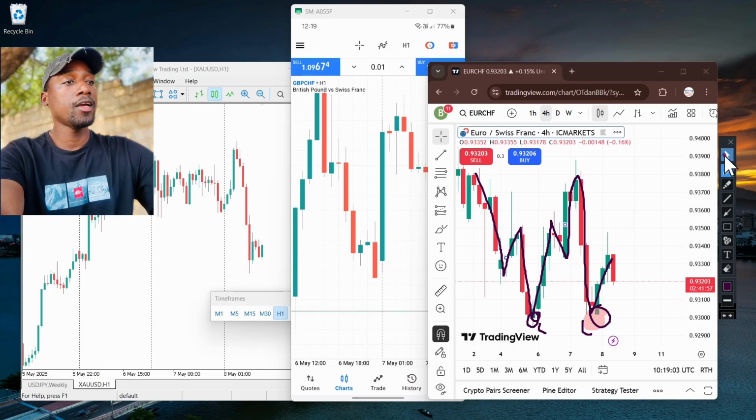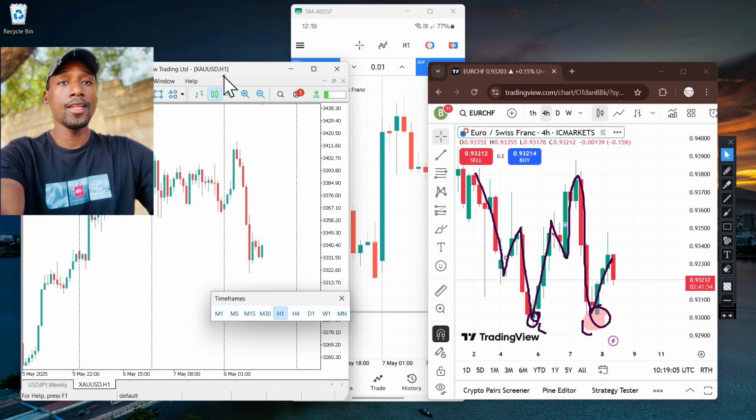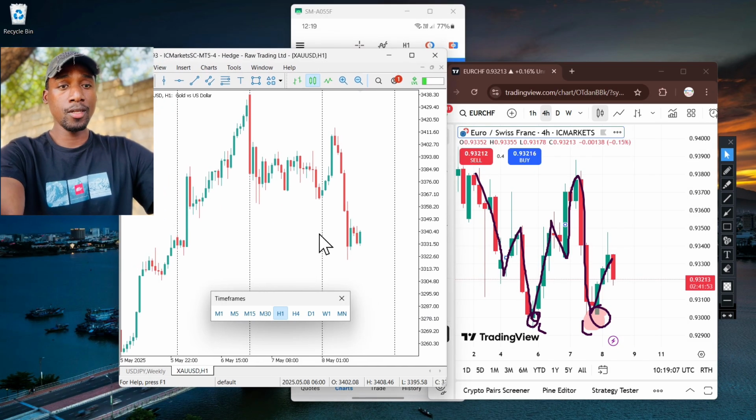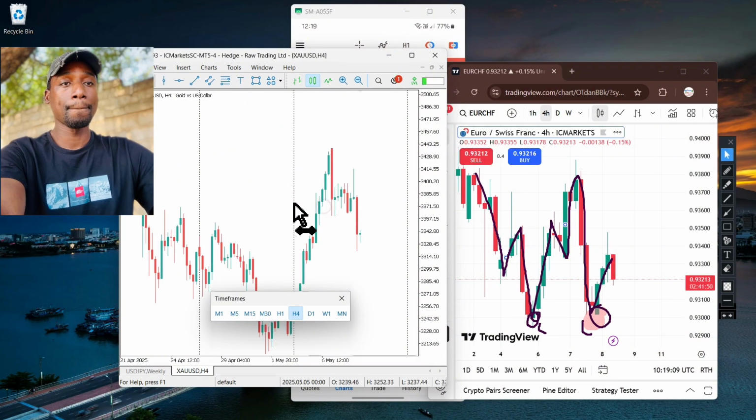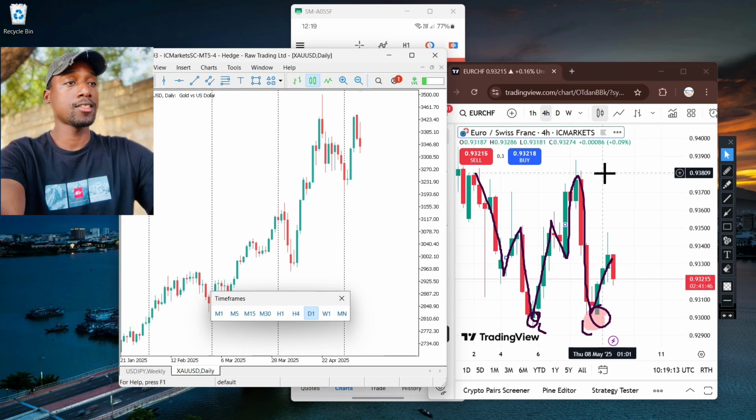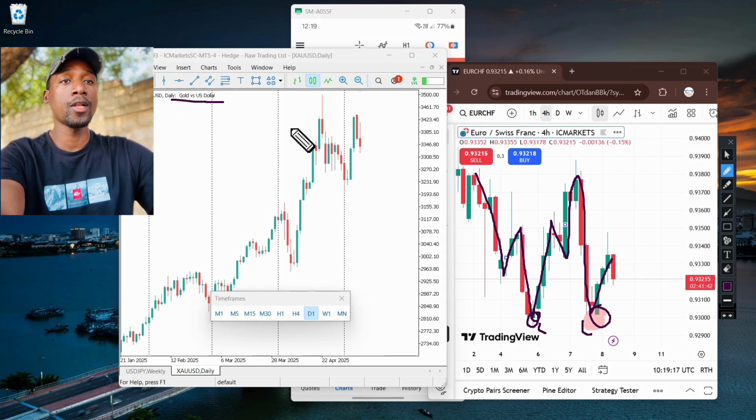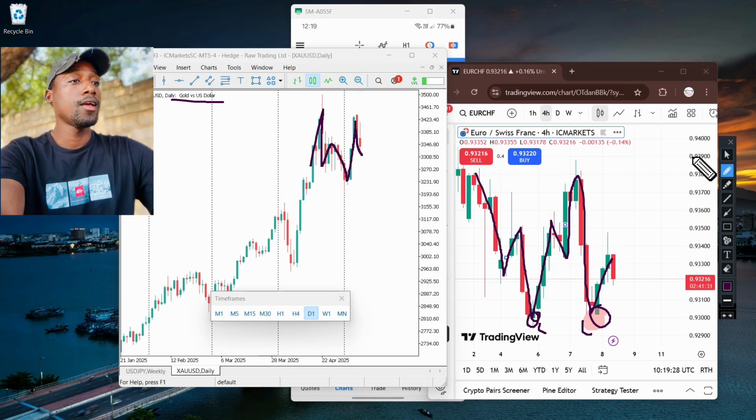Then we have a double top. Now let's go to 4 hours, and let's go to a daily. Yes, this is actually gold, by the way. This is gold versus the dollar. This is a double top, right? This is a double top. The graph moved in this way, and we have another